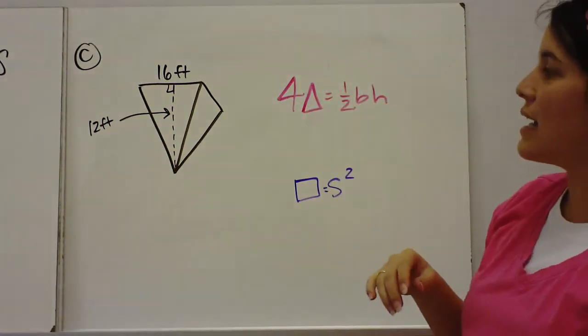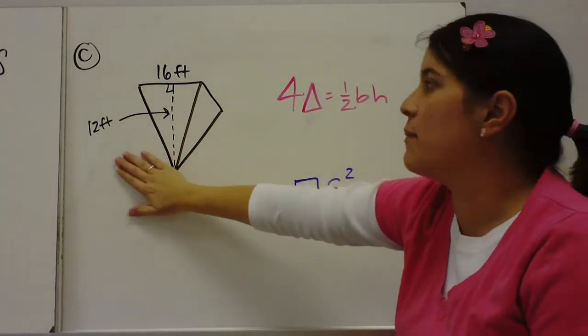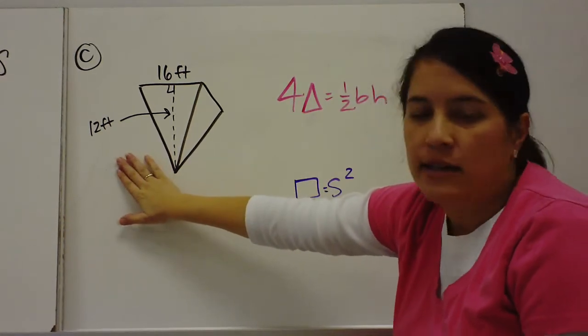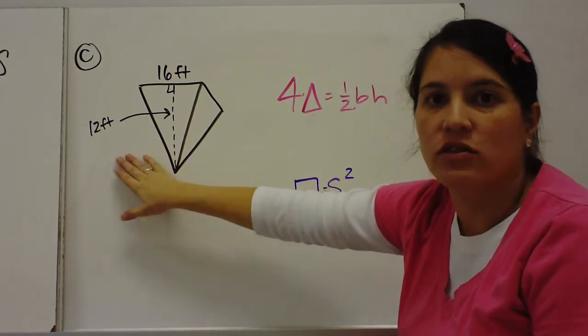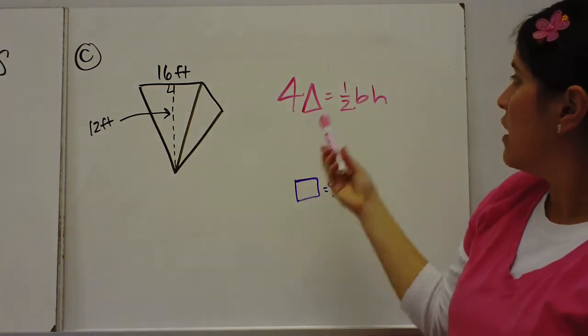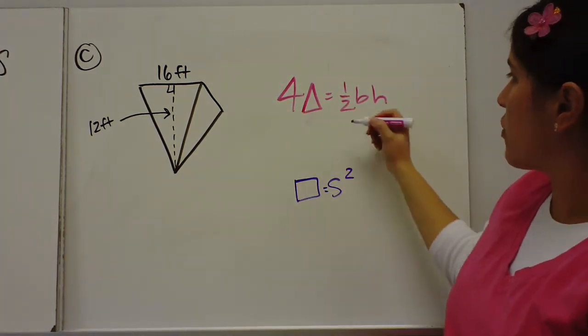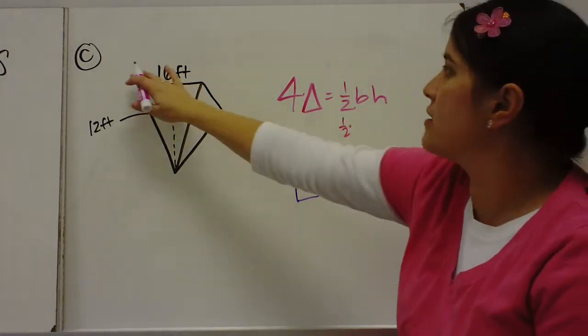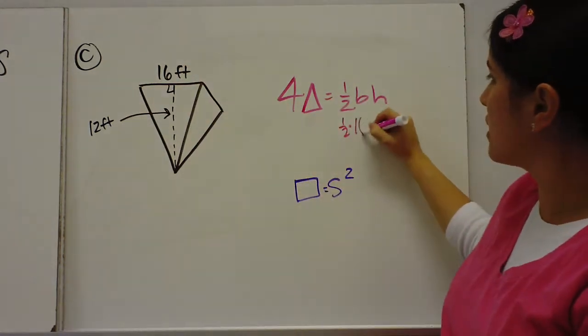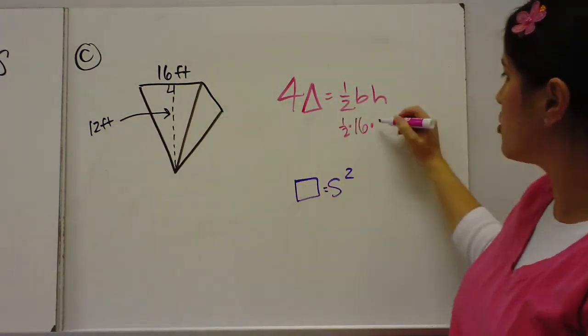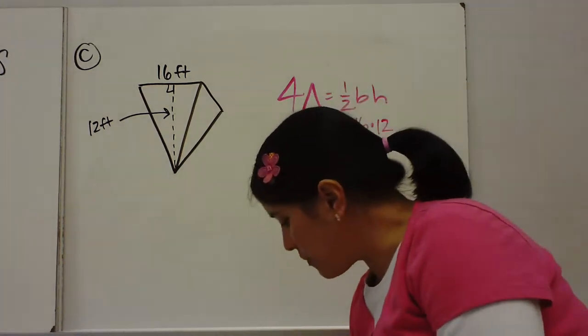Alright, so example C, we have a pyramid that is upside down. Doesn't matter, you're going to do the same thing. So let's start with the 4 triangles. 1/2 base times height, so I'm going to use the base, which is 16, and the height, which is 12. And when I type that in,